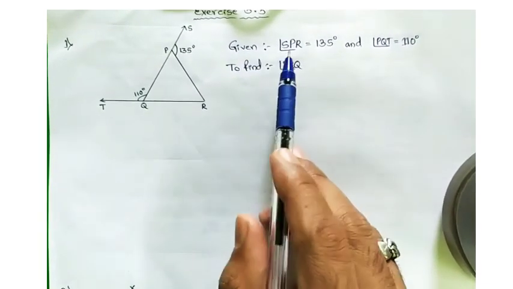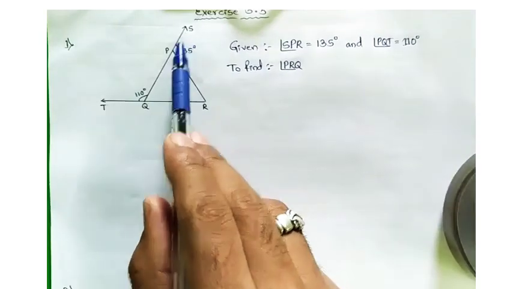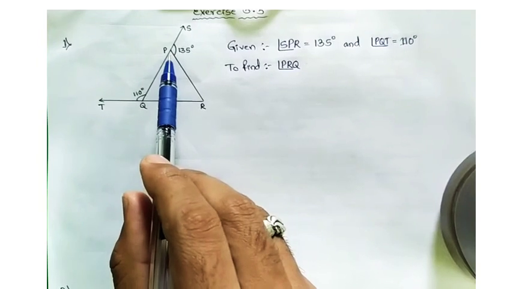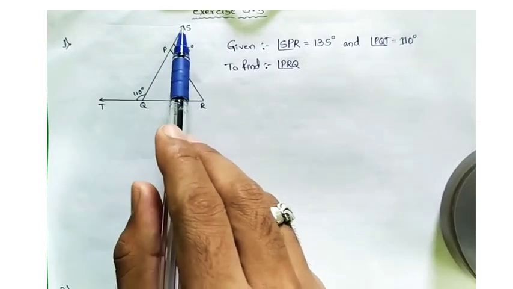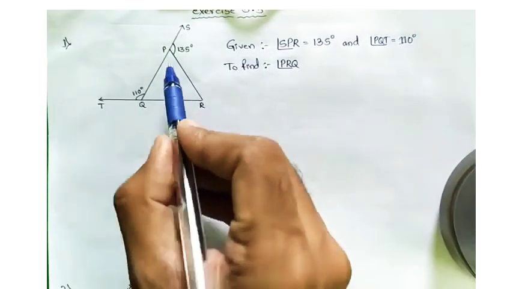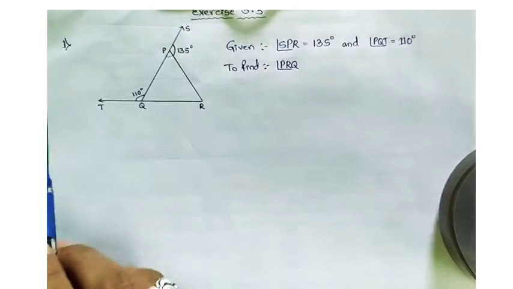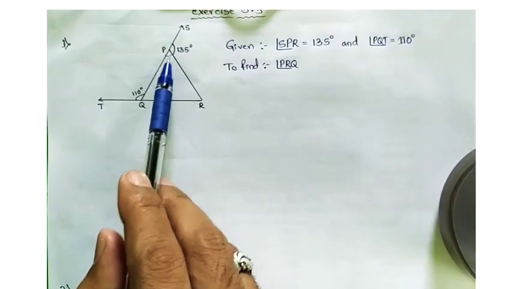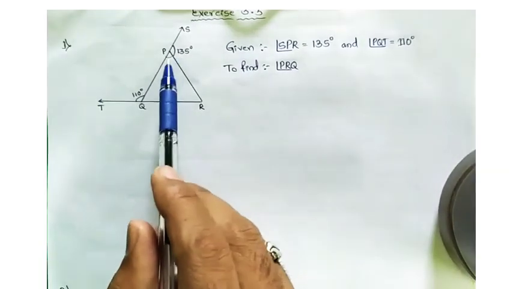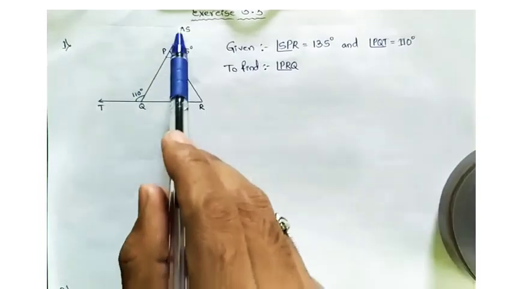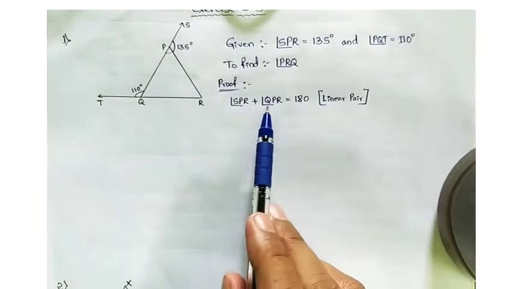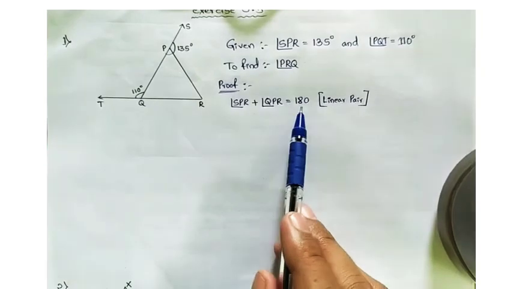Okay, see here they given SPR. Where is that SPR? See, inside the opposite to that one, here they given P is there. It means QPR is also one angle. Okay, so if you add these 2, what you will get? You will get here 180 degree. Why? Both are linear pair on a straight line, that is SQ. So SPR plus QPR equal to 180 degree.